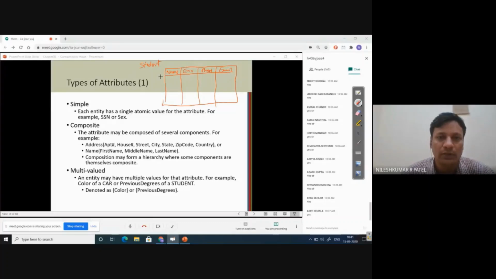It has some properties: student has a name, an enrollment number, a phone number, an email address. Assume a student named Nilesh, enrollment number 123, phone number 345, and email id a at the rate something.